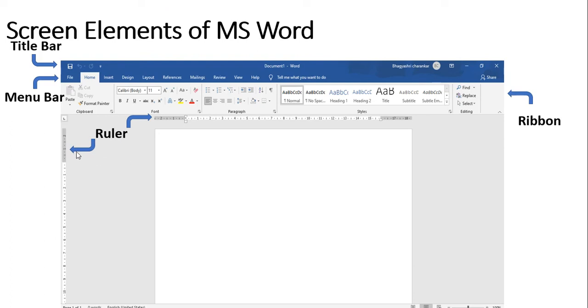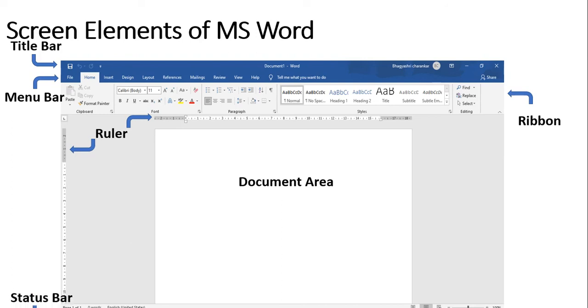Here is the ruler in horizontal form and also in vertical form. According to your chosen page size, the ruler and the measurements can change. Here the gray area denotes the blank space you are going to keep in your document, and the white area is the document area where you can type.